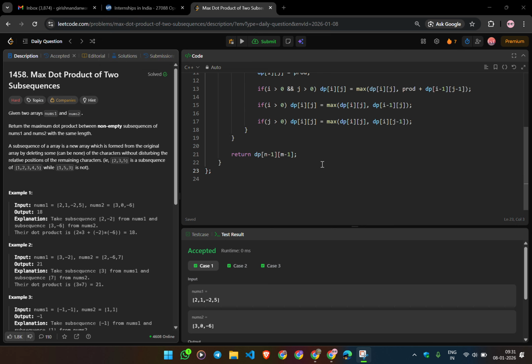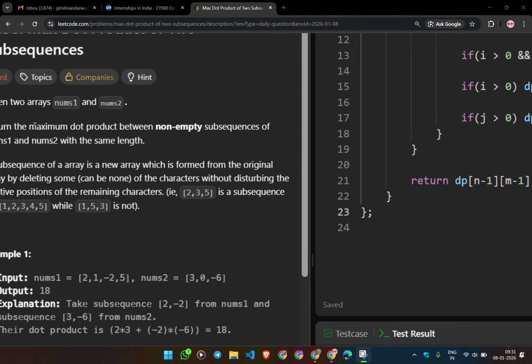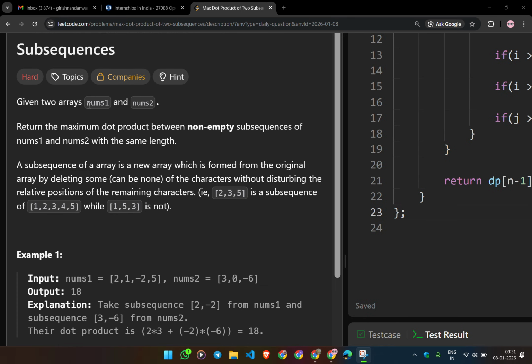Hello everyone. Today we will see the Leetcode problem number 1458, max dot product of two subsequences. So let's see what the question says. Given two arrays nums1 and nums2, return the maximum dot product between non-empty subsequences of nums1 and nums2 with the